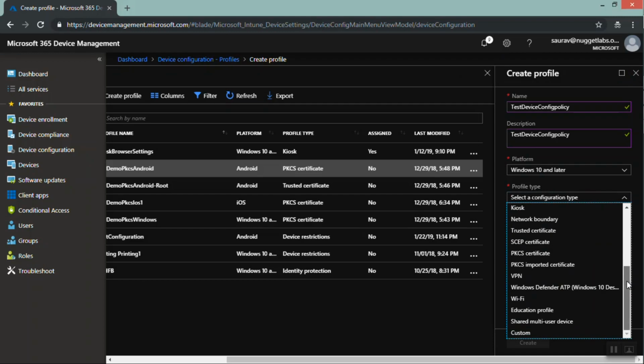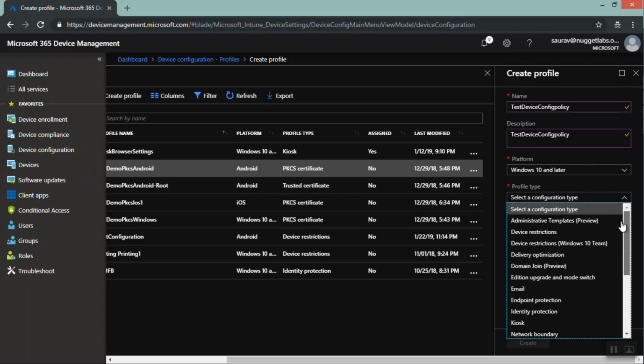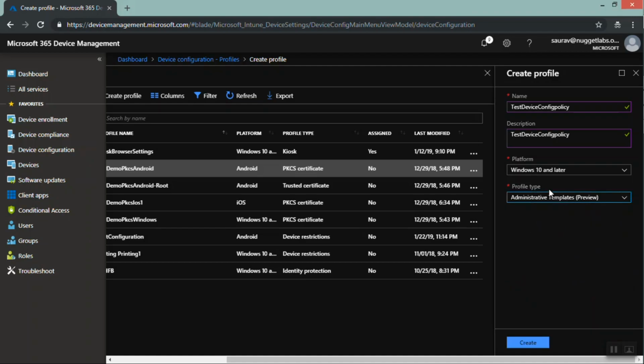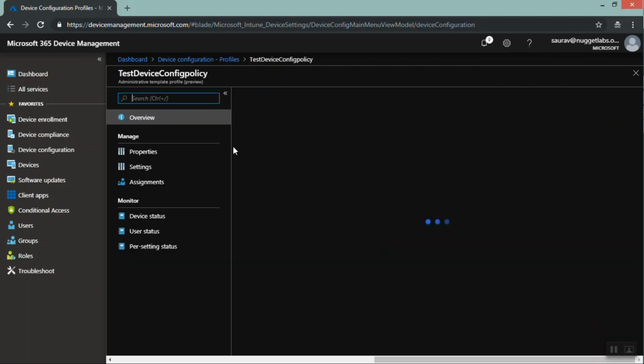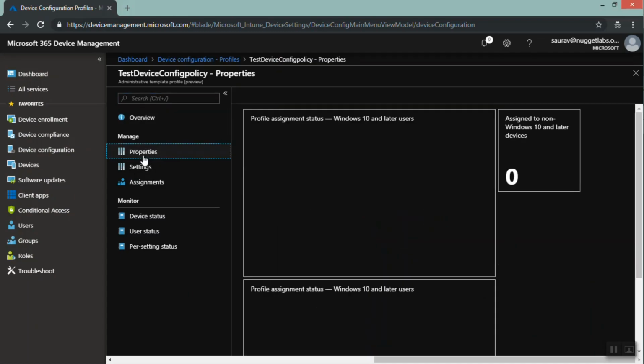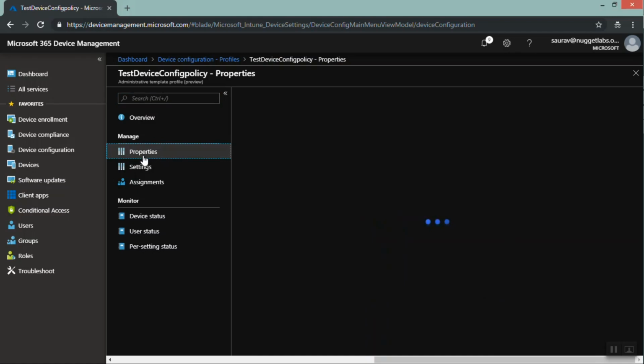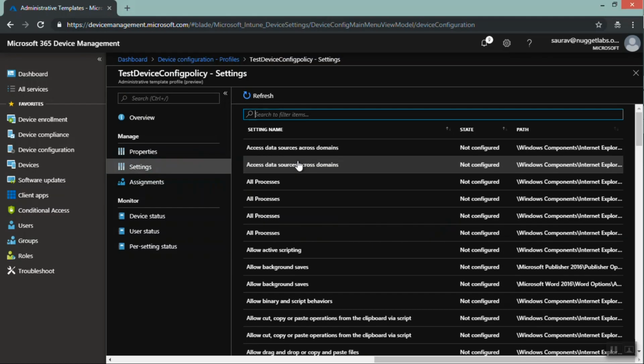more device configuration types. We have something called administrative template. Administrative template is something like a group policy. So if you take a look over here in the administrative template properties, it would look exactly like what we see in case of group policy. So if I go into settings, and